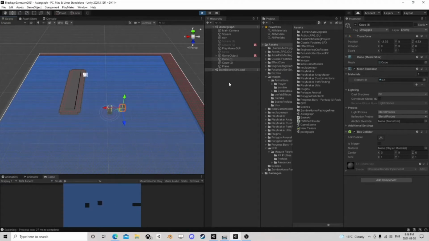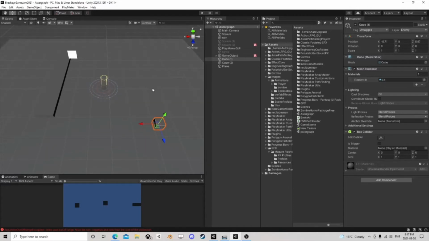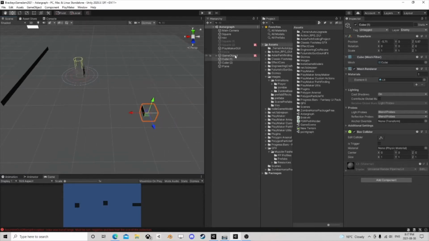But if you go to the asset store, you can get A star pathfinding, which is this. And there's the full version. I think it's like $100, but I mean, catch it on sale and it's fine. And the full version adds some more features and multiple threads and stuff like that. I'm gonna have to pick it up one of these days. So I'm just using the free version here. You can just go to the website and download it. It's free. It's insanely fast, even without multi-thread. It's faster than the nav mesh, I find anyways. So this is my little default scene, and